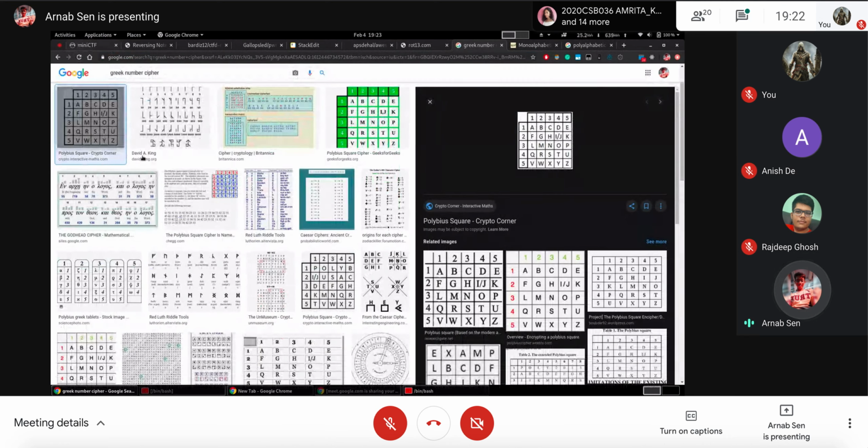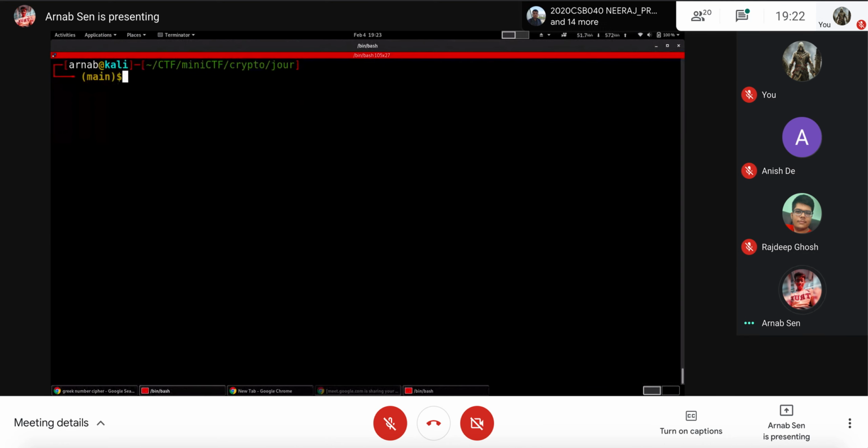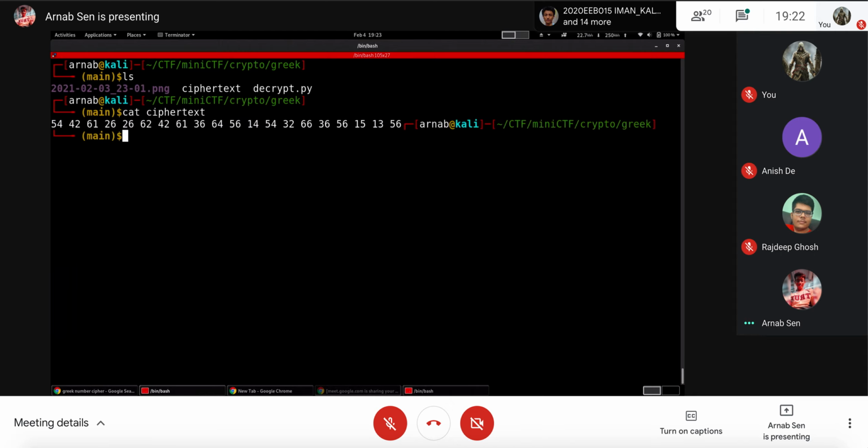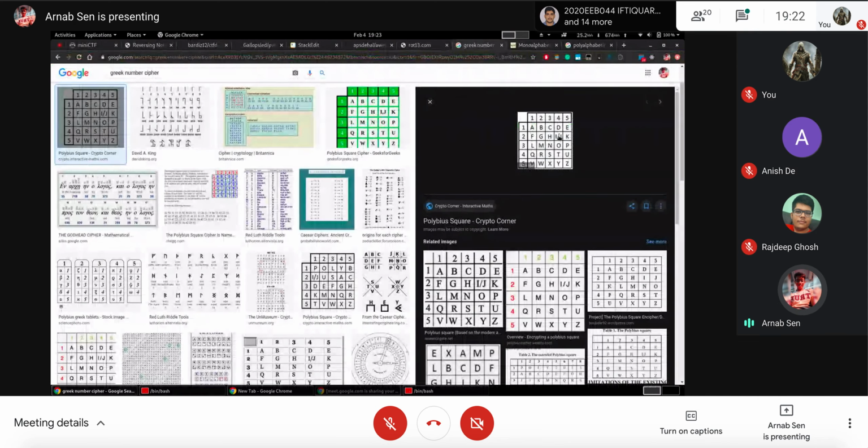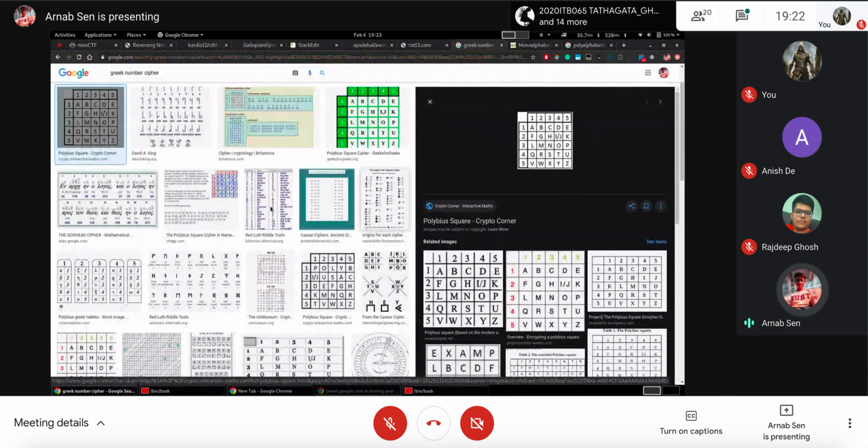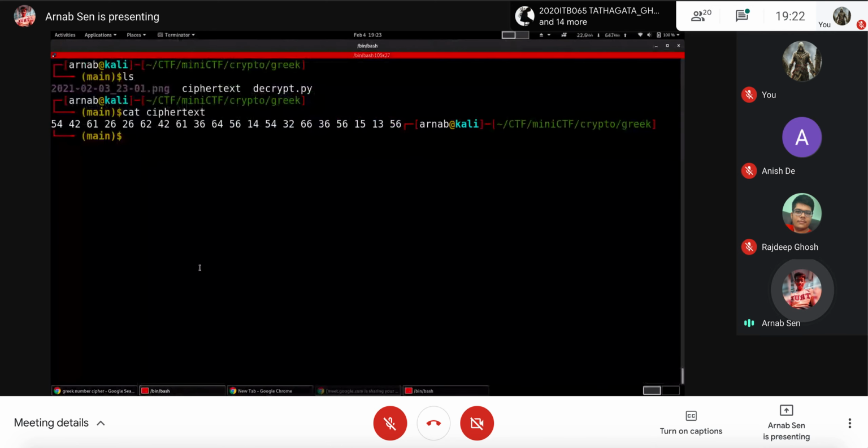But if you look at the numbers that are provided, the numbers had 6, 1, 6, 2, and everything like that. So this is a traditional Polybius square. I don't know how it's pronounced. Then I came across another image.